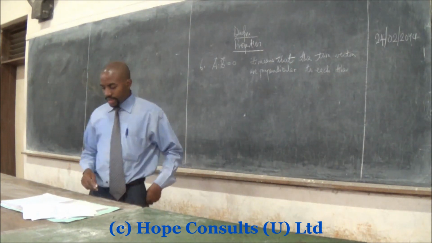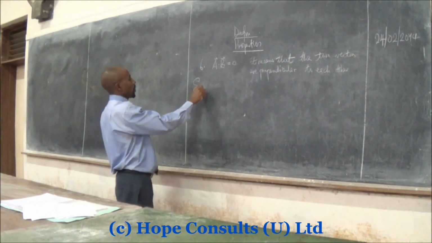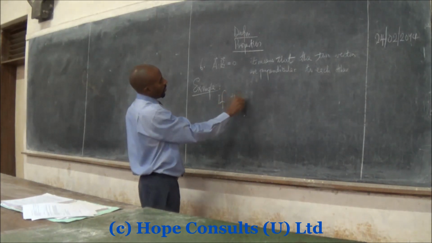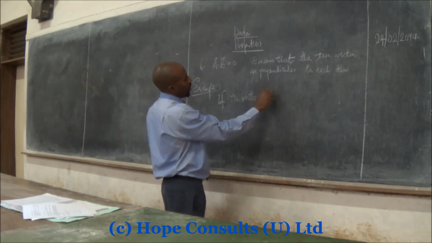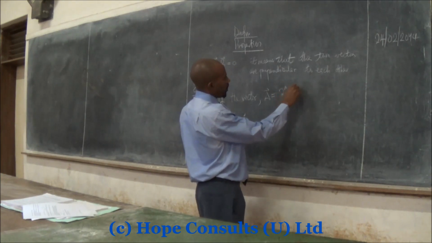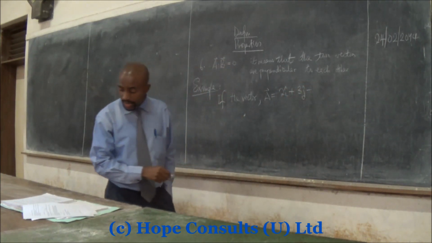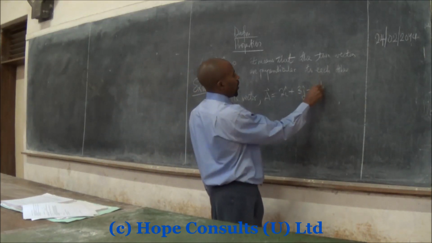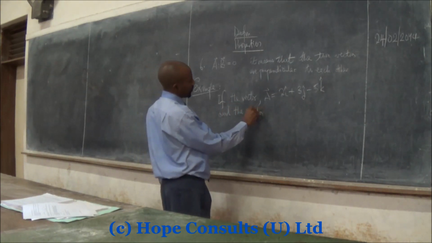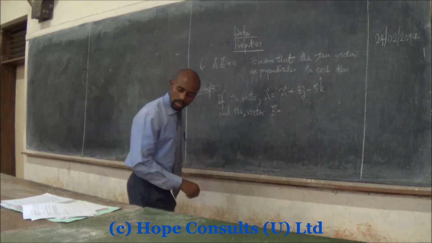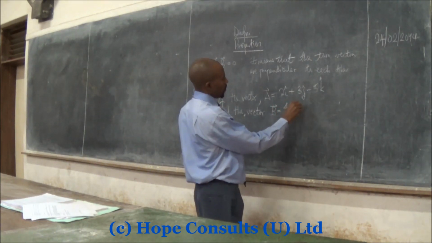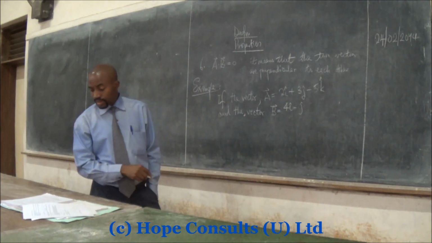The example is that if the vector A equals 2i plus 3j minus 5k, and the vector B is equal to 4i minus j plus 2k,